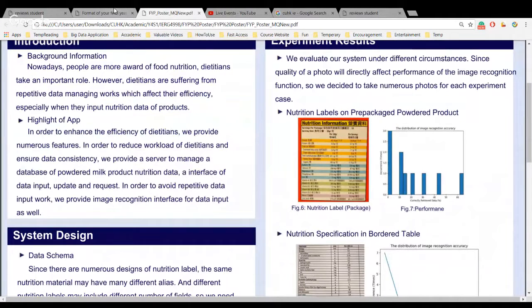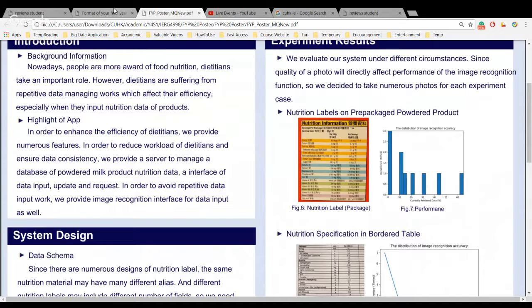I'm Tony. I'm Marcus. Our group is doing an e-health app for dietitians. In their daily work, they have to deal with large amounts of data of food and nutrition products, which are all listed on papers, and it is very inconvenient for them to bring so many papers to work. So we are going to develop an app for them to store data, review data, and do some calculations and